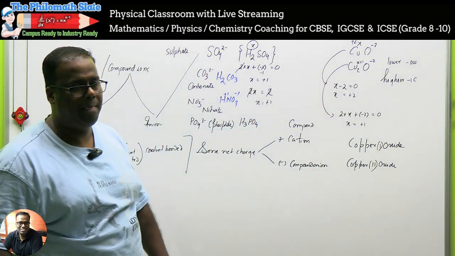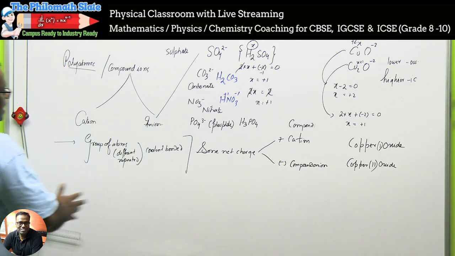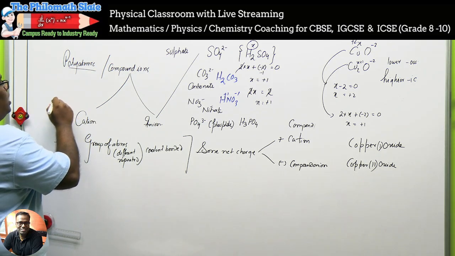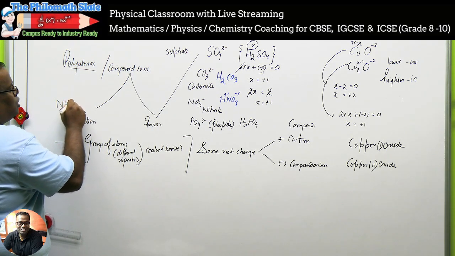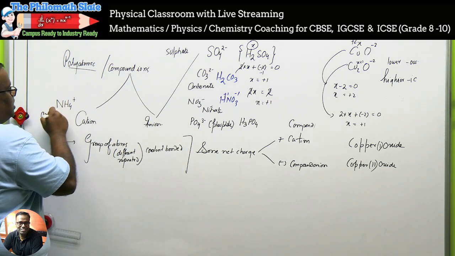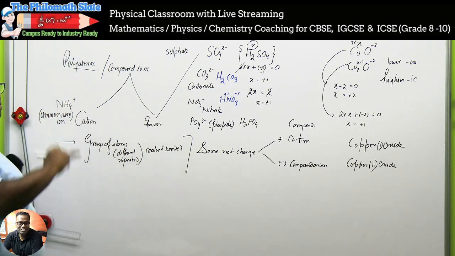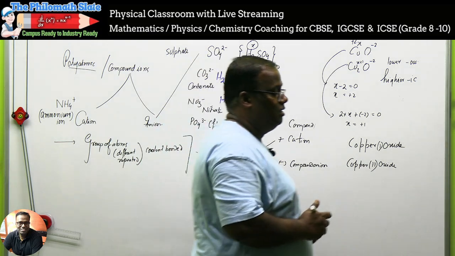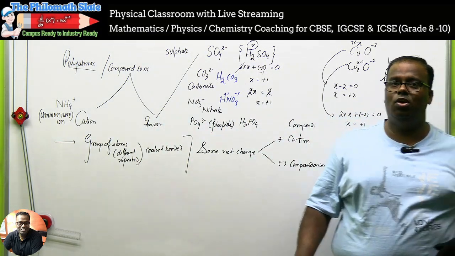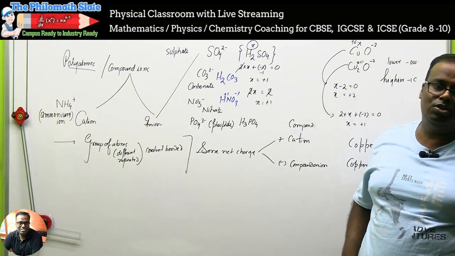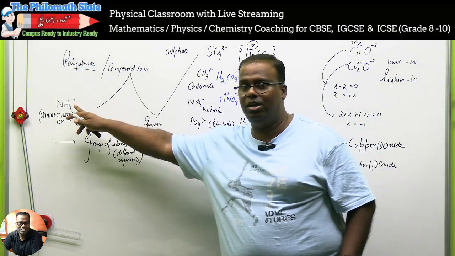Okay? Now, when you come to the metallic side, cations, there are very rare examples. In fact, there is one non-metallic cation which is actually positive, NH4 plus. This ion is known as ammonium ion. Write this down. This is the only non-metal cation. Just look at all the anions that I have shown. All the anions are non-metallic. Everything is non-metallic out here, but it is a cation.